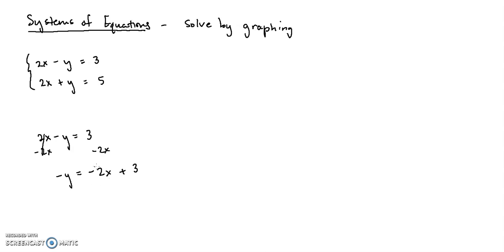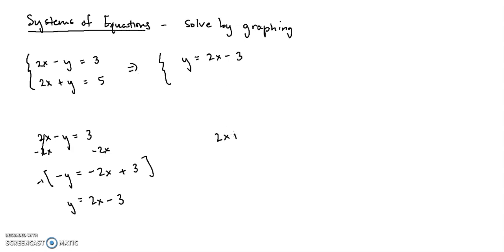And now I have negative y equals this, so I want positive y here, so I want to multiply through everything by a negative. So I'm going to multiply everything by negative 1, and that's going to change all of the signs in the equation. So I'm going to get positive y, positive 2x, negative 3. Okay, so our system of equations is going to become, for the first one, y is equal to 2x minus 3. Okay, so I rewrote the first equation,